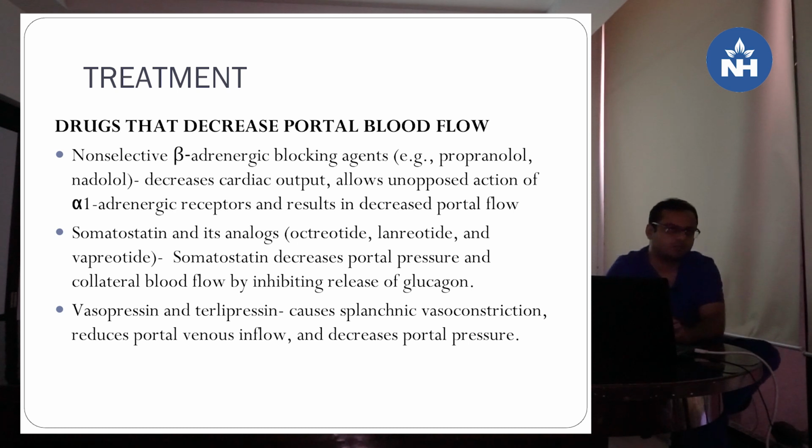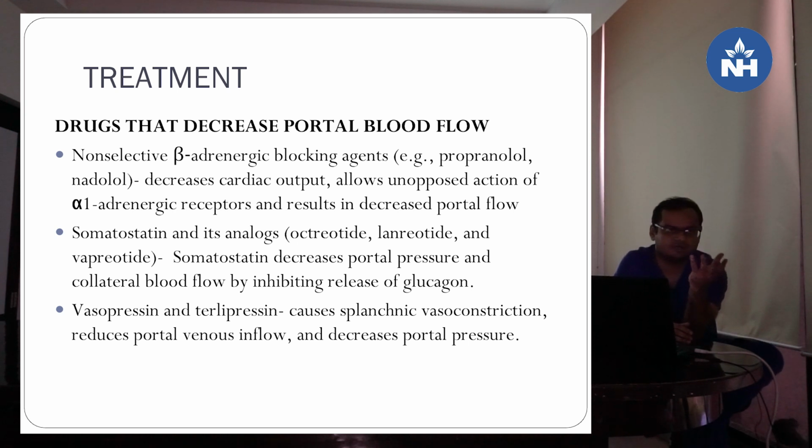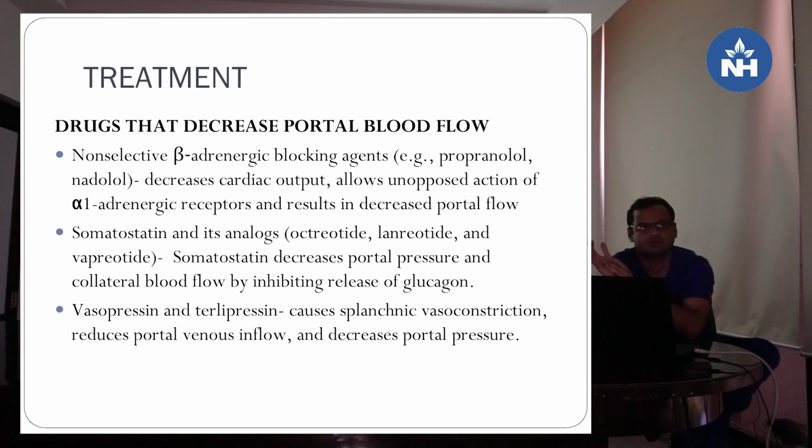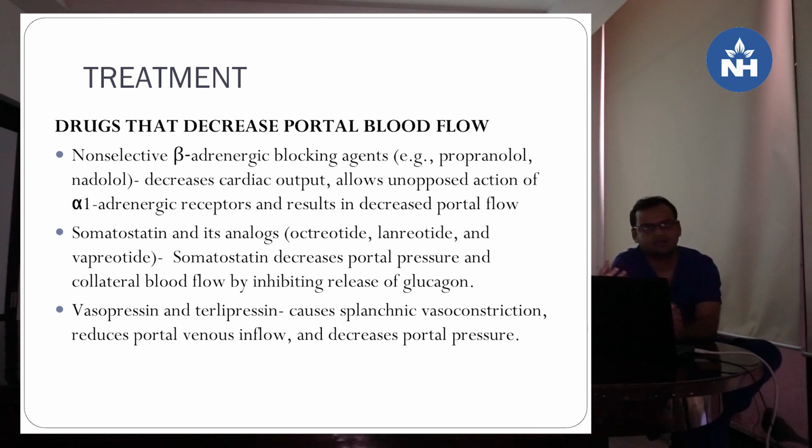Now in long standing portal hypertension, ultimately it leads to some complications. As we all know, the portal vein is made up of superior mesenteric vein and splenic vein. So long standing portal hypertension will increase the splenic venous pressure, so ultimately leads to splenomegaly, which causes anemia, thrombocytopenia and leukopenia. So all these cause an increased chance of infection and bleeding disorder chance will be more.